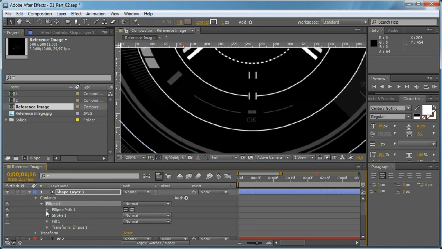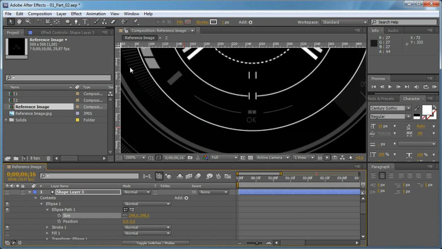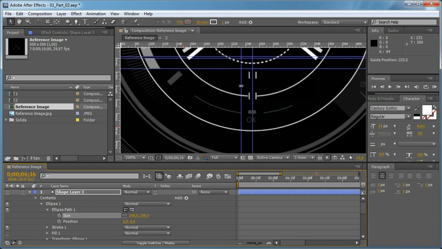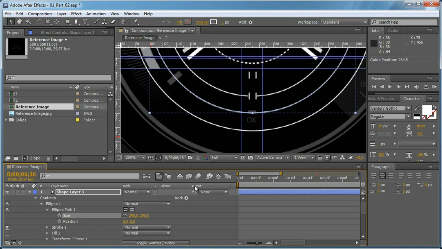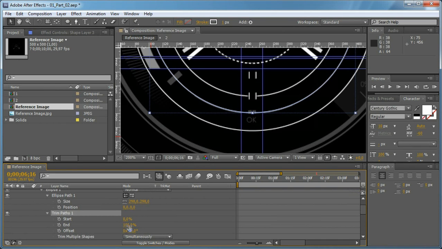So first of all, I'm going to scale the circle down just like so, and put some guides here in order to know where to set the circles, and just add a trim paths modifier to this, and actually we are only interested about here, and we are going to set this to, let's say, 50%,